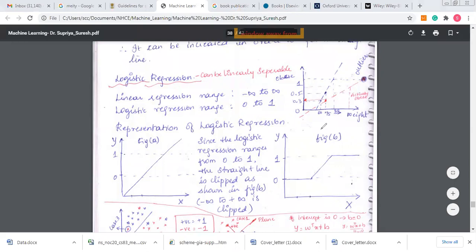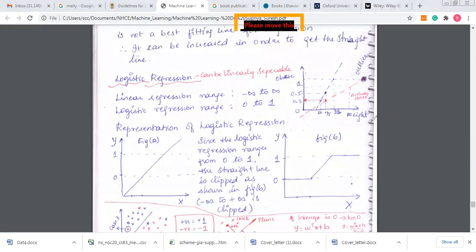Let me give you an example to understand this in more depth. Towards the right-hand side, there's a graph with respect to a person's weight. We're going to check his BMI and tell him whether he's obese or not. I've marked a few points, the weights 60, 75 and 85, based on a particular height of a person. Corresponding to 60, we say the person has 0.3 in his obesity.